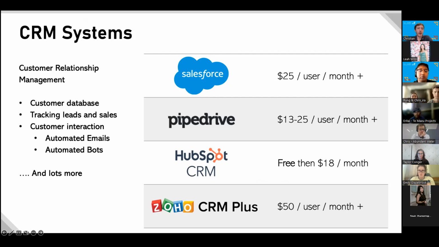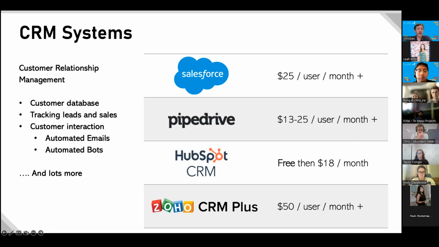And just briefly, while mentioning customer databases, this is not something we are covering today because it's not something that we use within UNICEF or WASH programs. But just to introduce you to CRM systems, so customer relationship management systems, of which Salesforce is probably the biggest and most well known. So these are great if you have a lot of customers and you want to create a customer database, these can do